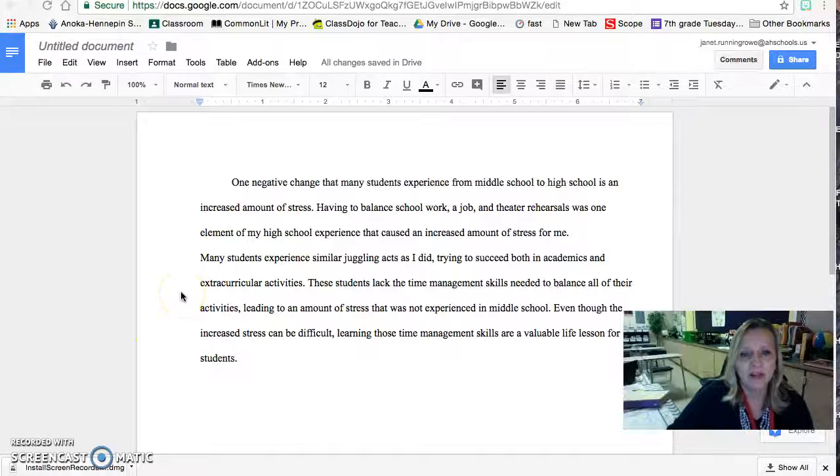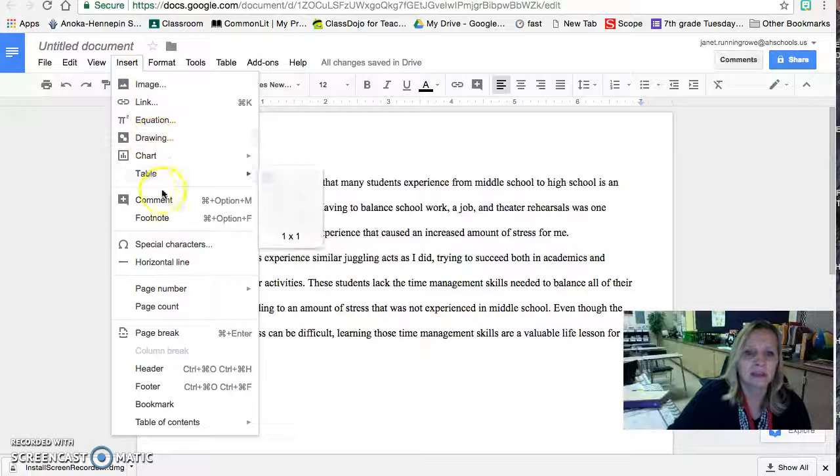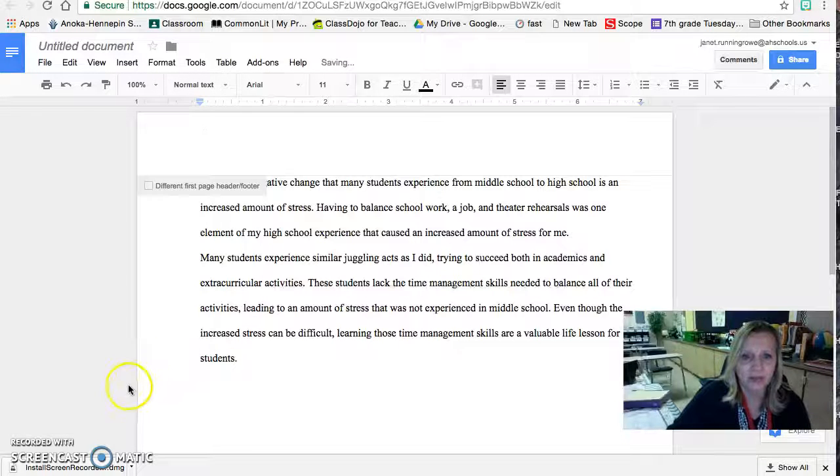So if you're in your document and you've written and you're thinking, oh no, I didn't put my name in, an easy way to add your name and the assignment and the date and all that information to the document is to go up here to where it says Insert. And so you'll click on Insert, and then you go down and it has this header. So we're going to click on Header, and this is a good place for you to add your name